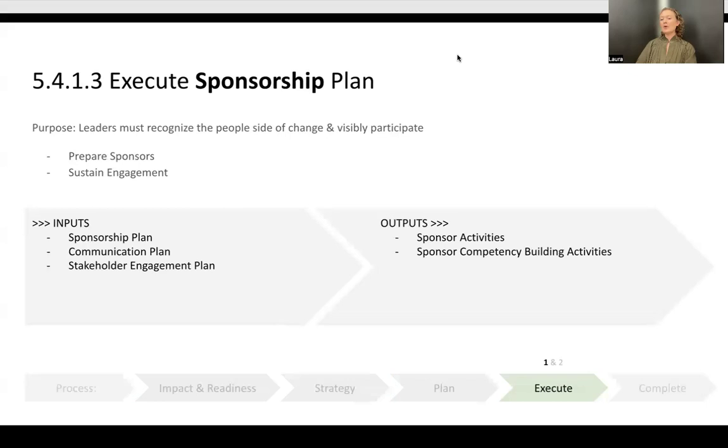Sponsorship is most successful when leaders recognize the people side of change and visibly participate with stakeholders throughout the project. The change sponsor builds awareness directly with stakeholders regarding the need for a change. The change management team reviews the role of sponsorship with each leader involved in the change initiative and provides change management coaching where needed. Coaching should address the need for sponsors to understand their role, responsibilities, and expectations and